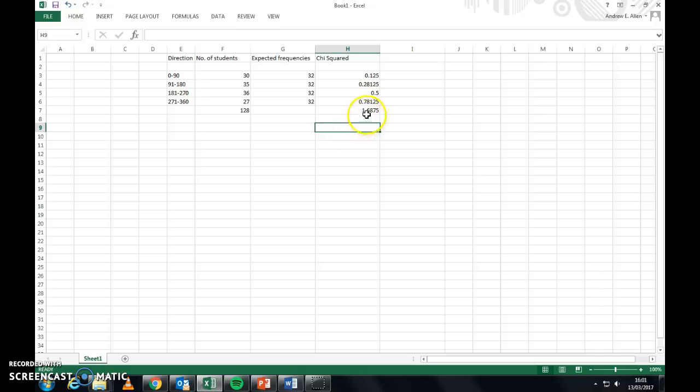Now obviously 1.6875 is less than 7.815, and therefore we fail to reject the null hypothesis as specified in our worked answer earlier. And that means that